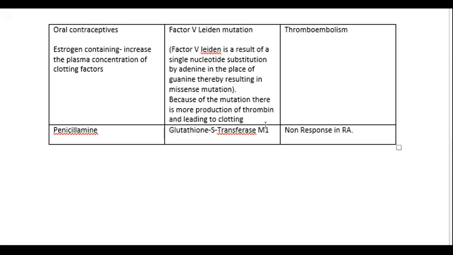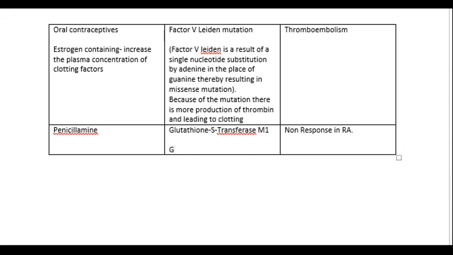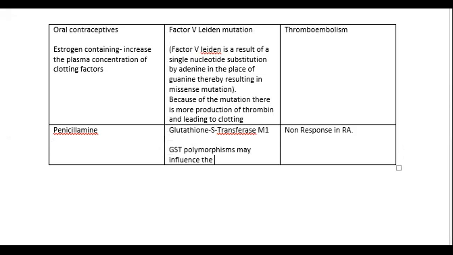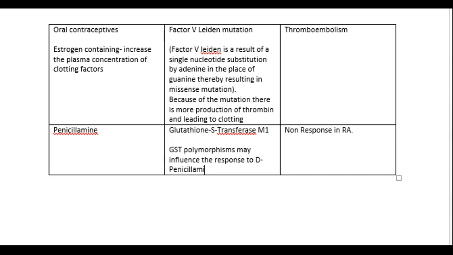So in order to understand this, glutathione S transferase polymorphisms may influence the response to D-penicillamine in rheumatoid arthritis patients,